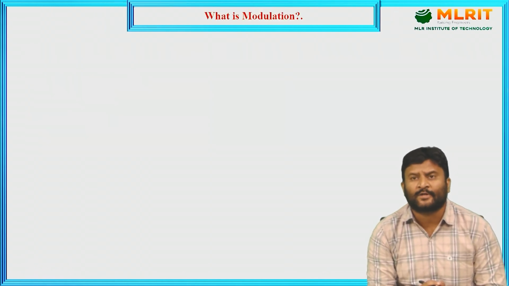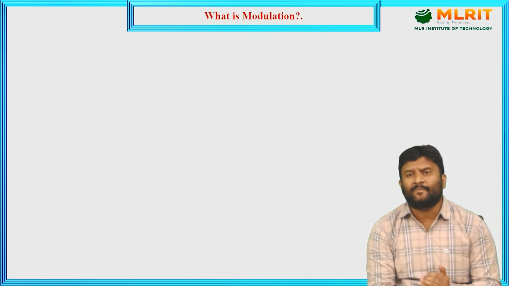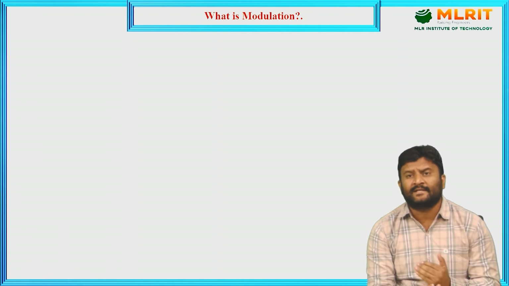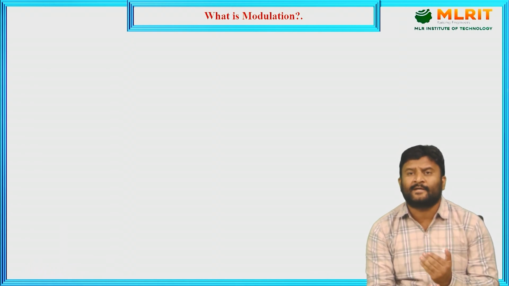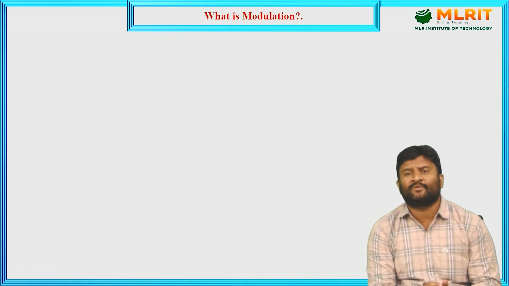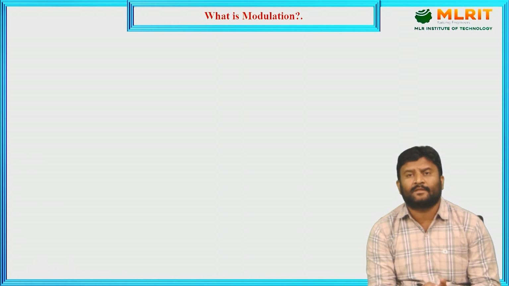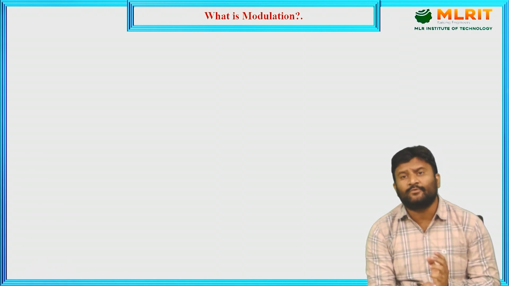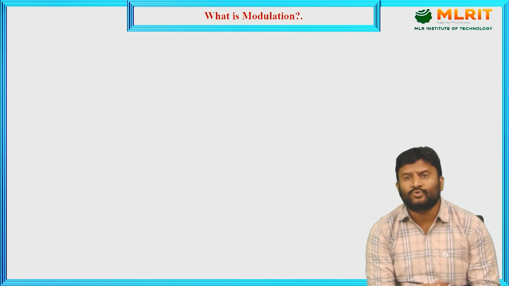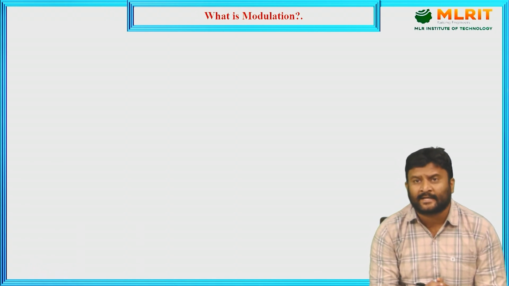Then what is modulation? Observe my voice: at some points my signal strength is more, at some points my signal strength is less, and at certain points it has some medium range. Simply, this is one example of modulation. But to define modulation practically, you need to understand two signals: the message signal and the carrier signal.